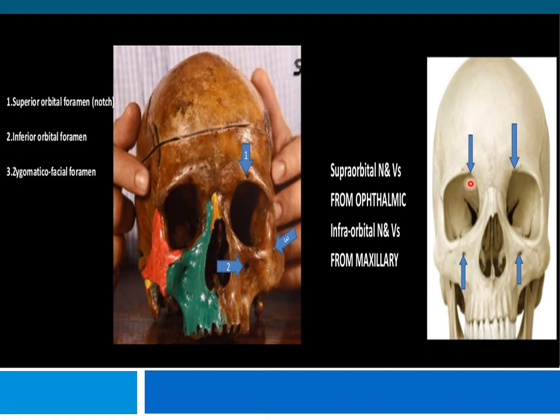Lambda is the meeting point between the sagittal suture and the lambdoid suture, as you can see here. In the fetal skull, this is the site of the posterior fontanelle, which closes at 2 to 3 months of age. So anteriorly we have the anterior fontanelle, and posteriorly the posterior fontanelle, located at the lambda, which closes at 2 to 3 months of age.